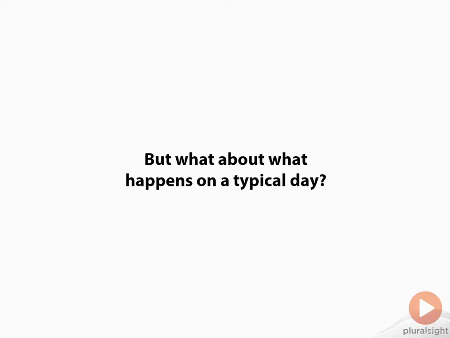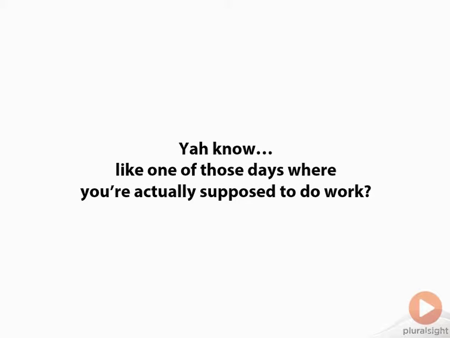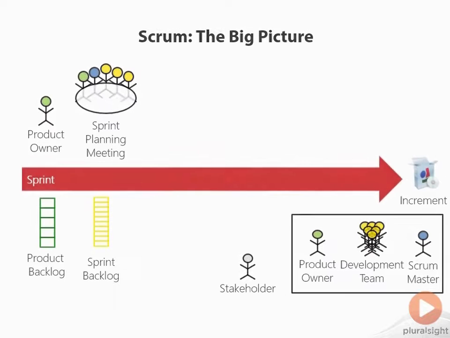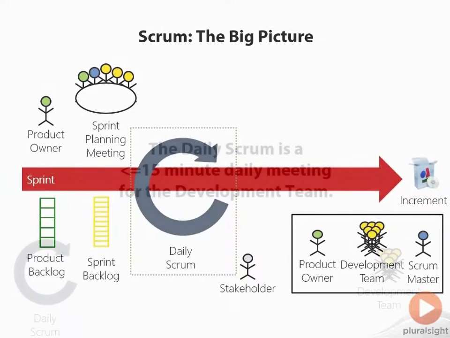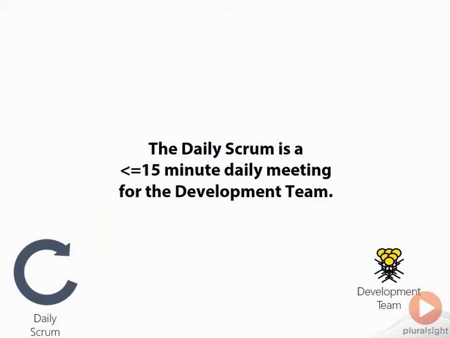So what happens on a typical day in Scrum? You know, one of those days where you're actually supposed to go and do some work? Well, we've got our big picture here of Scrum, and what we're going to talk about next is something called the Daily Scrum meeting. Now, the Daily Scrum meeting is a 15-minute meeting that happens, well, daily, because it's called